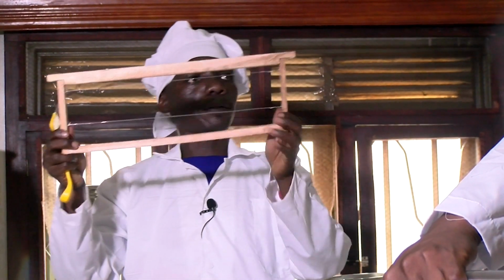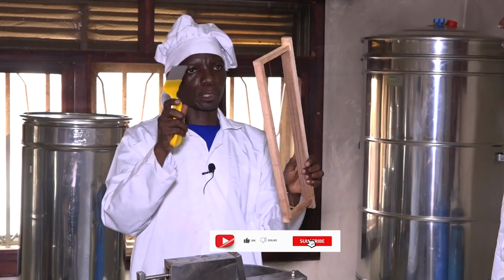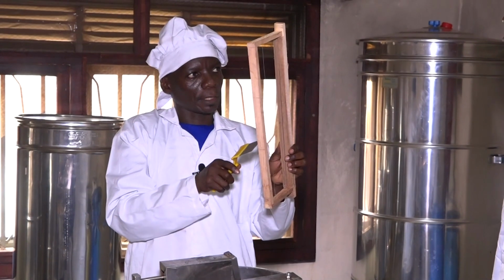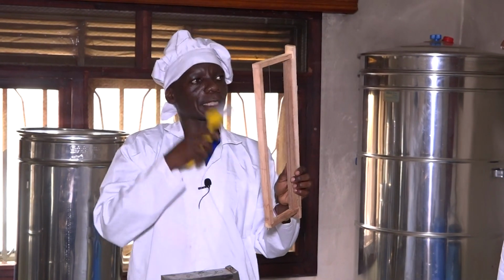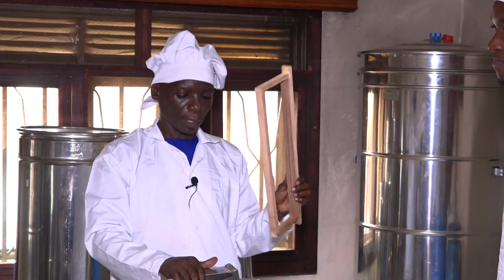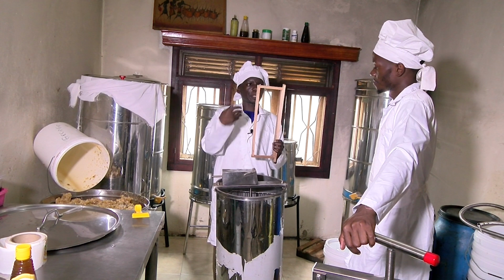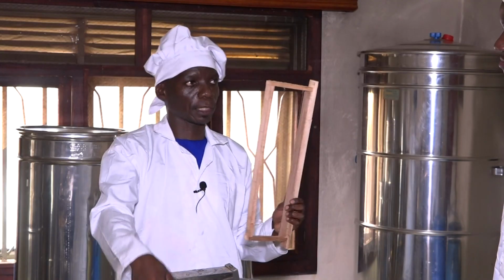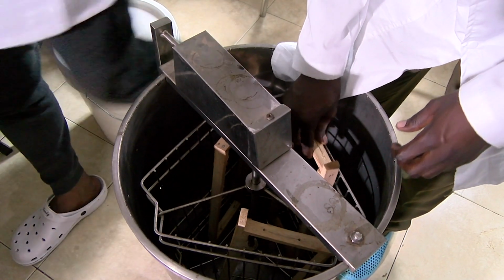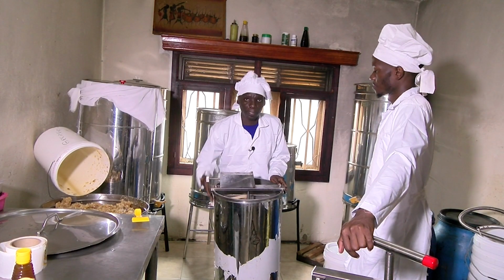So when you bring the frame, it has honey, but sealed. So use this fork, it's called the uncapping fork. So you scoop, you scratch, so that you open the caps so that honey can easily pour. So this centrifuge extractor uses force by rotating. When you rotate, the honey spins out and pours into the tank. So you bring this frame, press it into the tank, then when you start to rotate, the honey will start getting out of the comb,